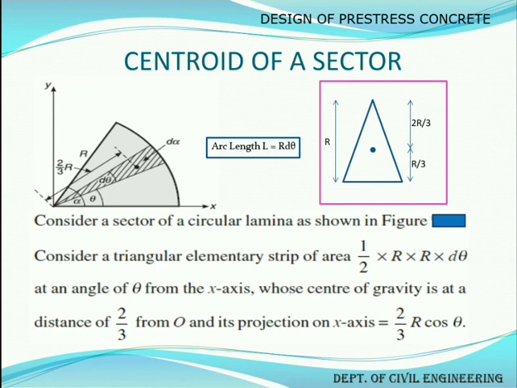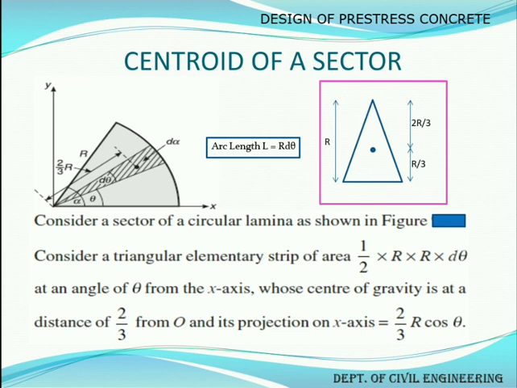So for such an element, now we have to obtain the centroidal distance. When we consider a sector, we observe that it is neither symmetrical about x-axis nor symmetrical about y-axis. That means that we have to derive the relationship or the equation for x bar as well as y bar. Now the basics of this derivation are very much similar to that of a semicircle or a quarter circle, so it will be easy for your understanding.